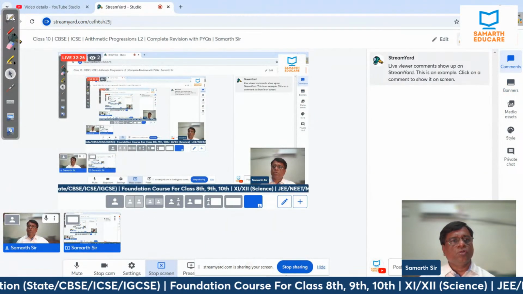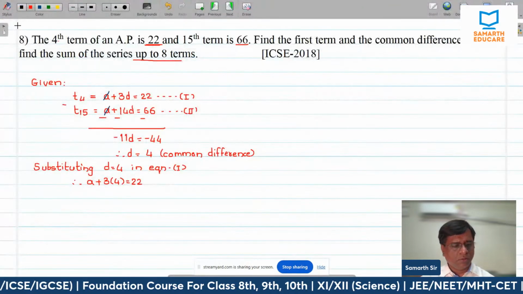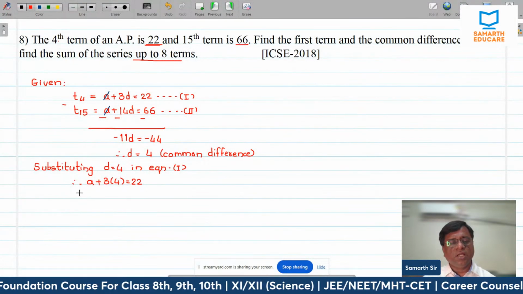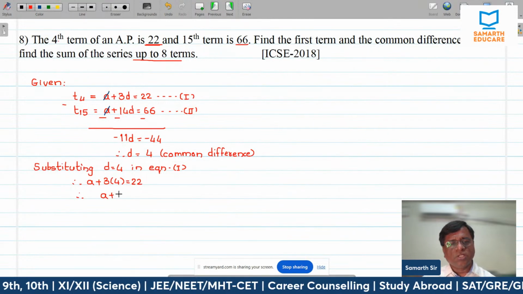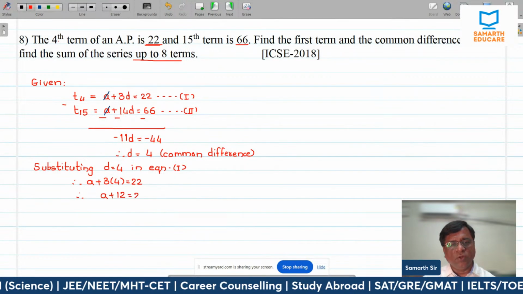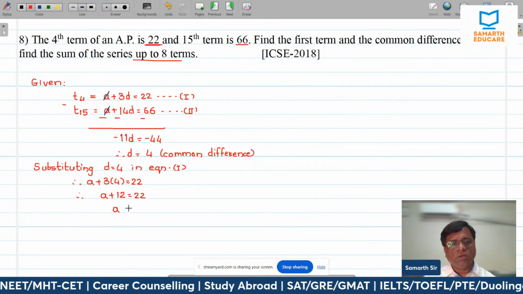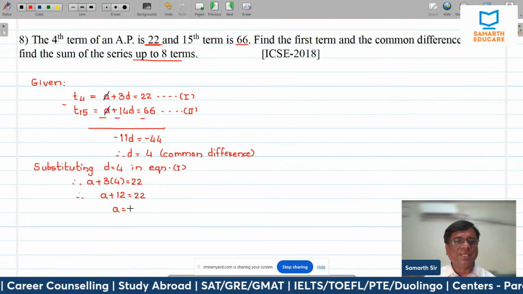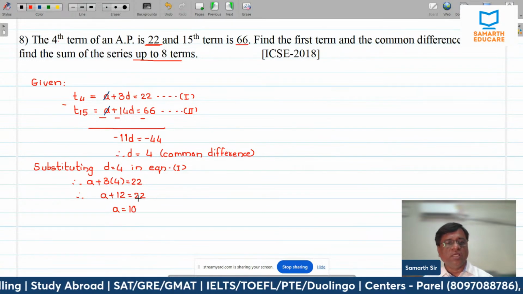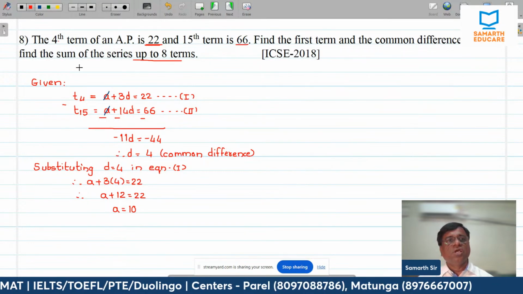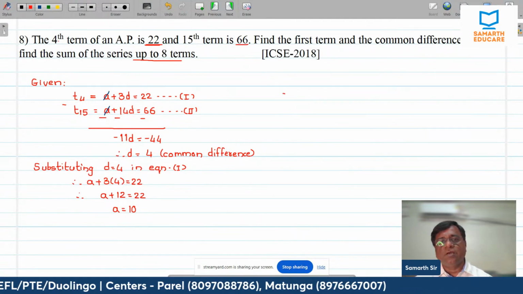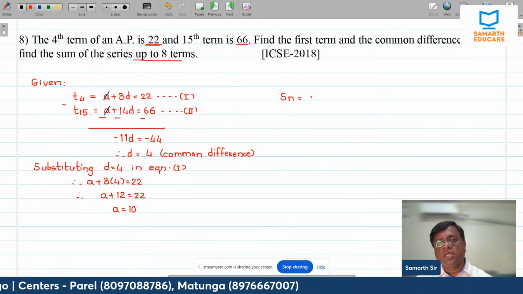I'm so sorry. So d के बदले लिख दिया 22, sorry 4. So a plus 12 is equal to 22. A is equal to 22 minus 12 is equal to 10. The value of a is 10. d का वैल्यू 4. क्वेश्चन सम Sn, फिर से Sn is